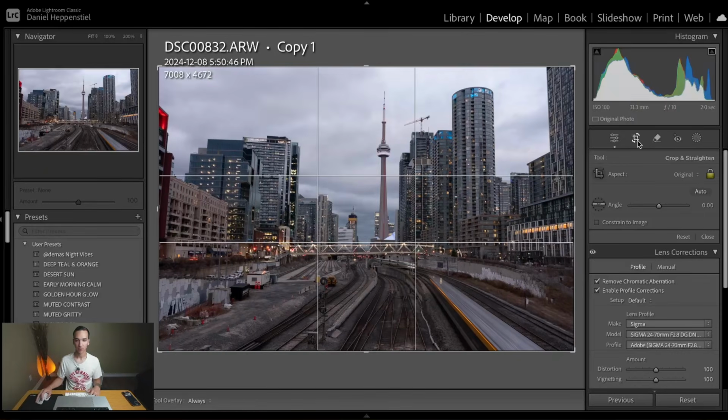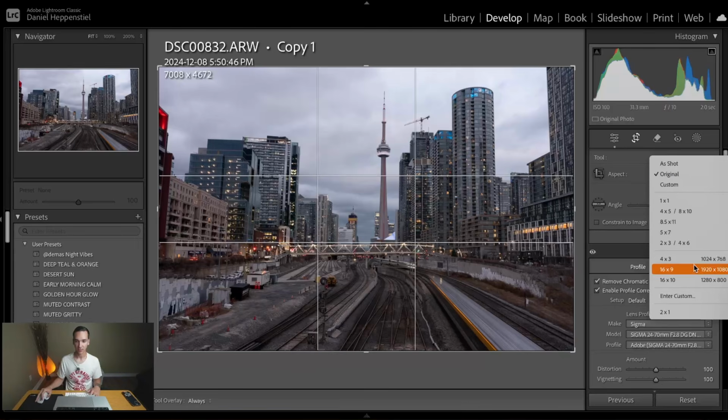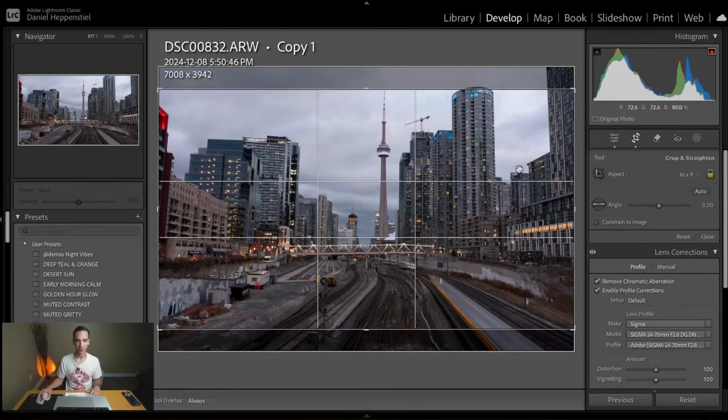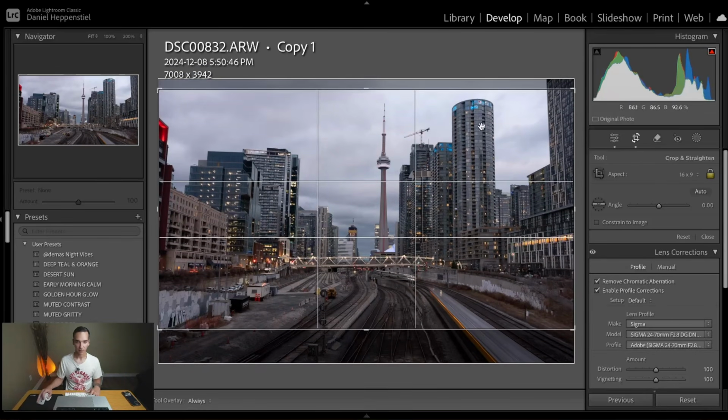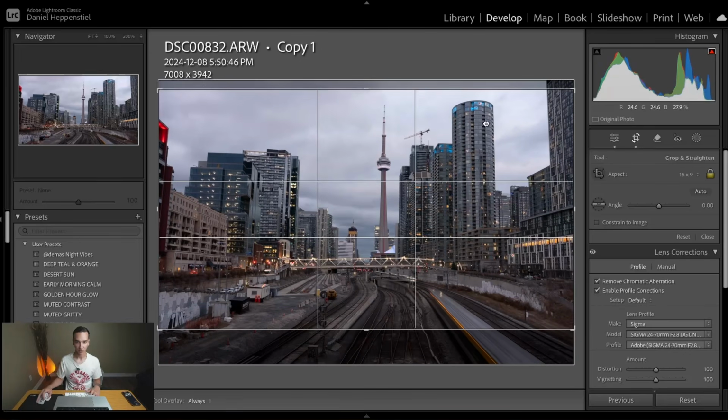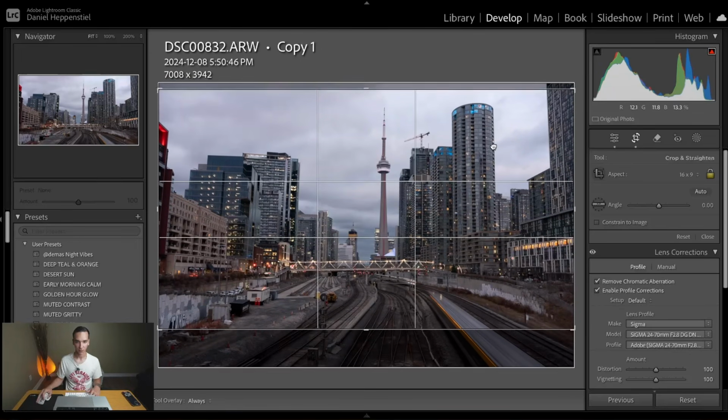Next, we're going to crop our image. I'm going to go for a 16:9. I just like the cinematic look that this aspect ratio gives. I want to leave enough room above some of these buildings so that when I straighten out the image, they're not cut off. So we'll start about there, and I'm going to use the angle tool to straighten up the